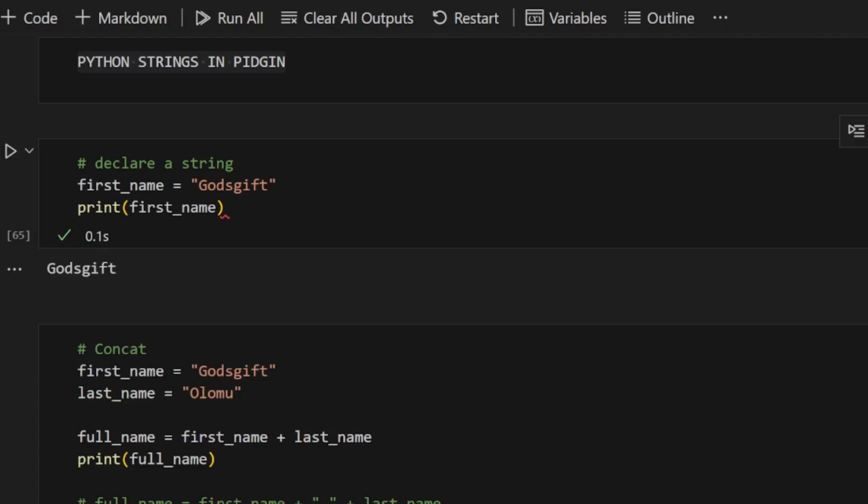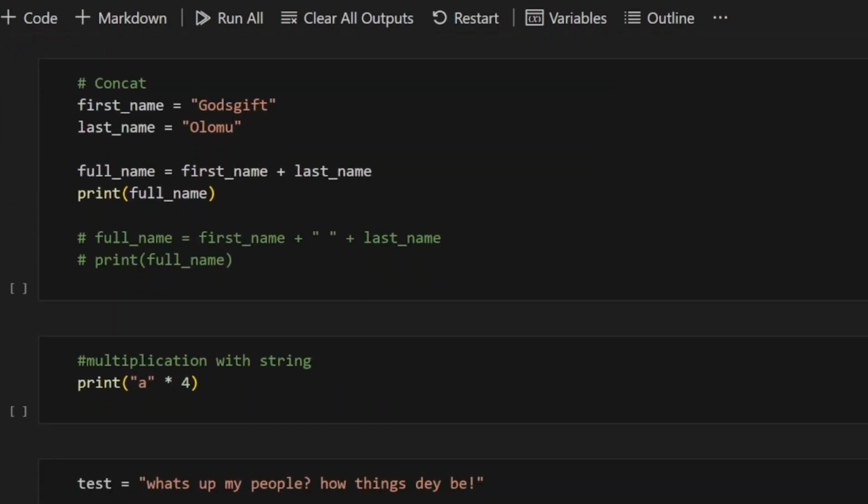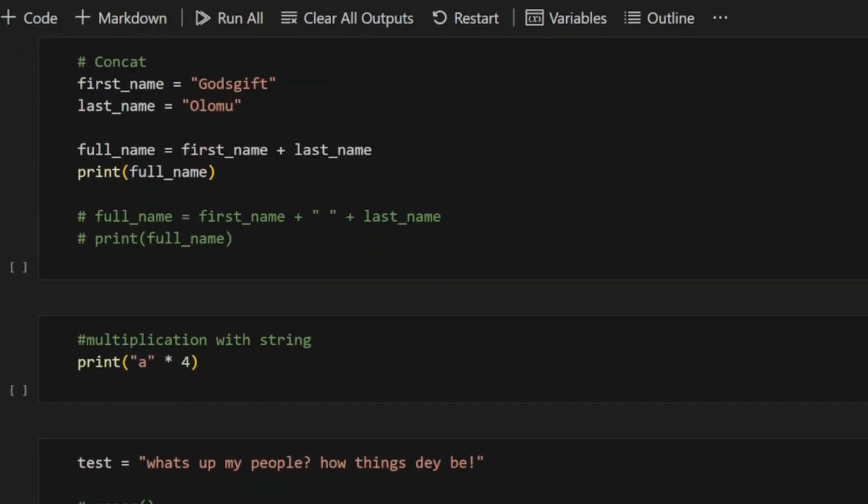Another thing we will still do is we still add two strings together. Yeah, I know it's not only numbers that they add. Is it possible to add two strings? Yes, it is possible. As long as they're the same data type, they add them together. As long as they're the same data type, it is possible to add two strings together.